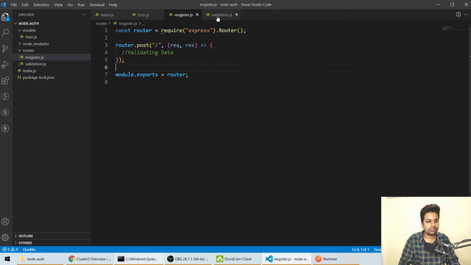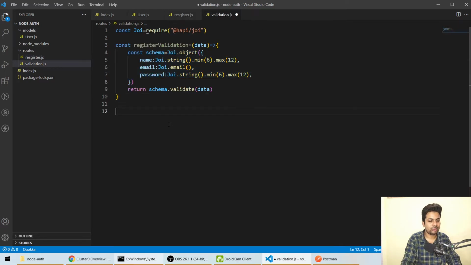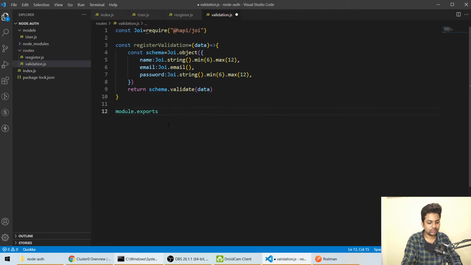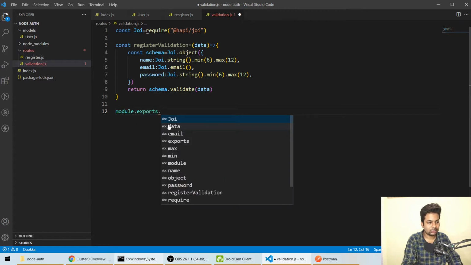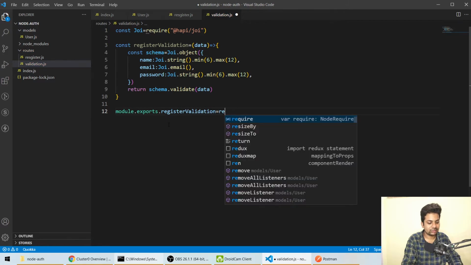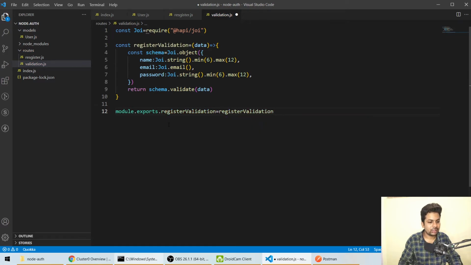Okay, so for that we have to export the module also. Module dot exports dot register validation equals to, we name it as register validation only.